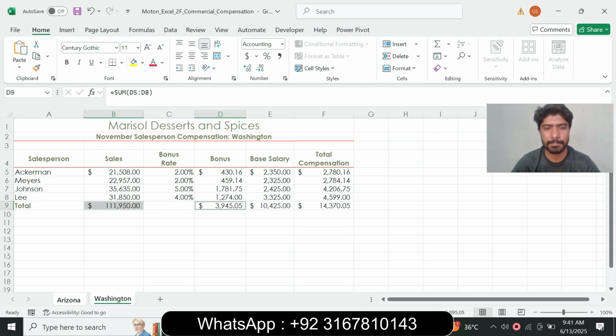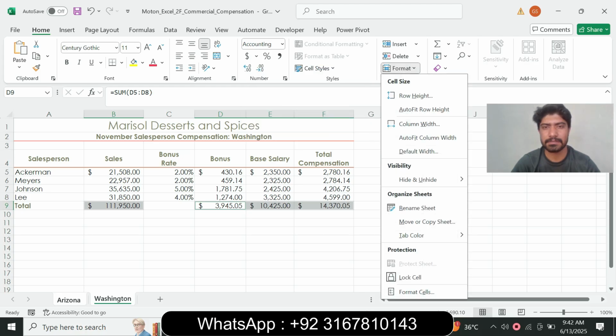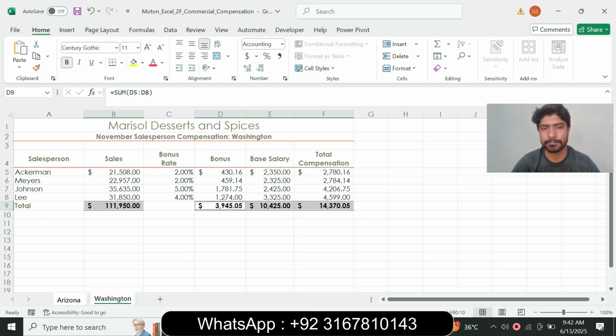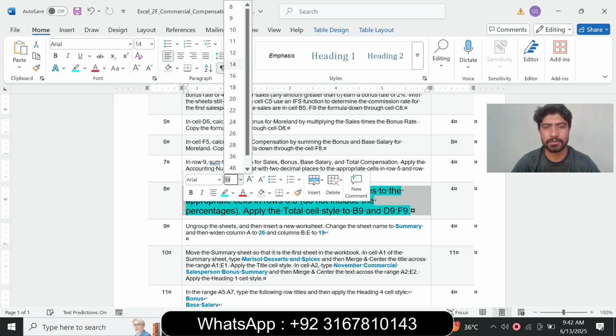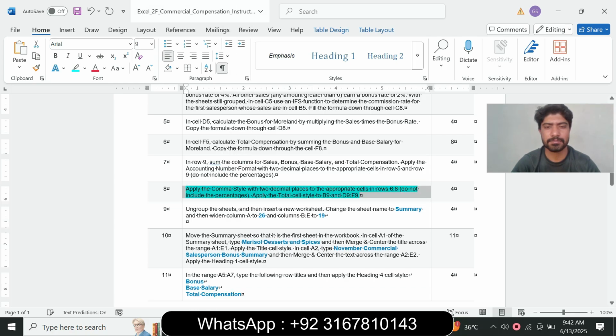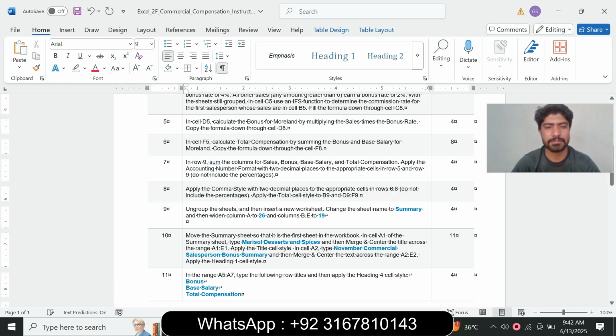Then B9, D9, F9: apply the accounting number formats and apply the total cell styles. So question number 8 is complete. We move to question number 9. So question number 9 is